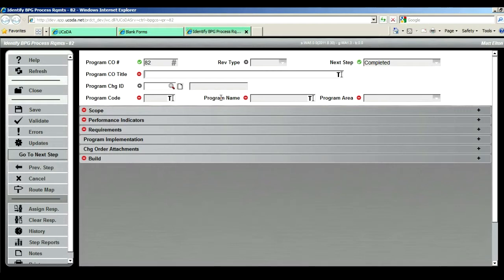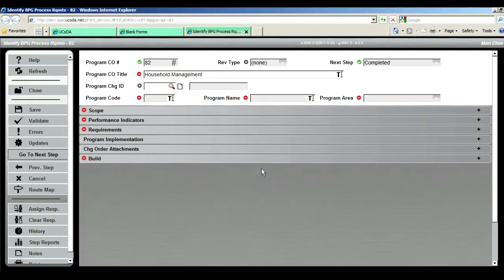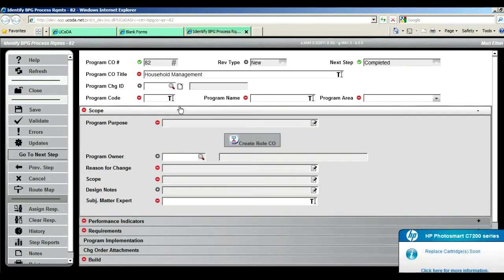See, this might be whatever you're going to do for this program, whatever this program is going to be called. Maybe it's household management. And I want this to be a new record, and so I'm going to press the new button and say OK, and nothing happens. So I'll try it again, and this time the revision type changes to new, and then I'm going to type in the code that I want to call this program, HHM,